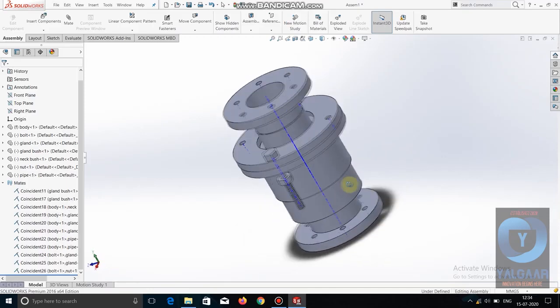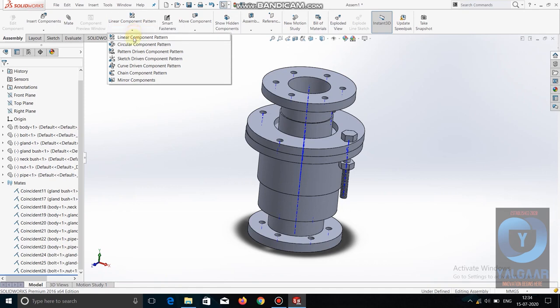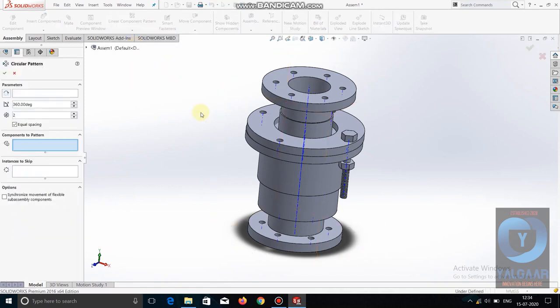So as I said earlier, there will be a circular pattern. You have seen it in part designing. So we have to just select the parameters, so we have to select an axis. So this is the axis where there will be a revolutionary pattern.